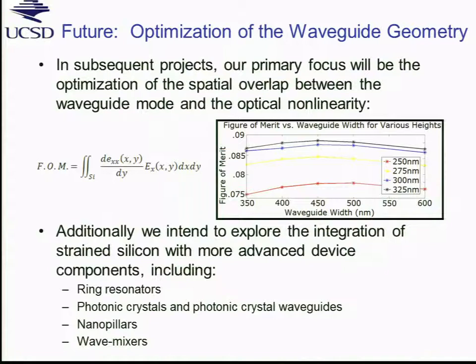For the future, we looked more recently at some optimization. We defined a figure of merit, the strain overlap with the mode of the field in the waveguide. And with simple scaling of the size of the waveguide, you can see that the figure of merit can be increased, but it's far away from being optimal. And I believe we have some new approaches that we are going to explore, and hopefully I will present it soon in one of the